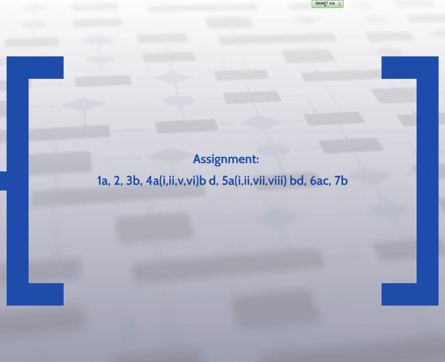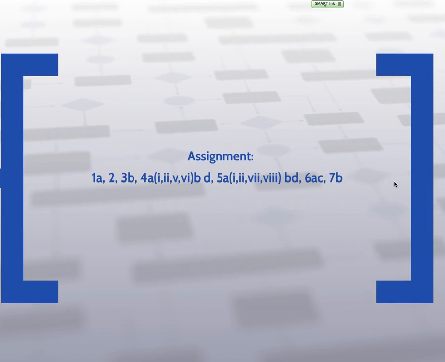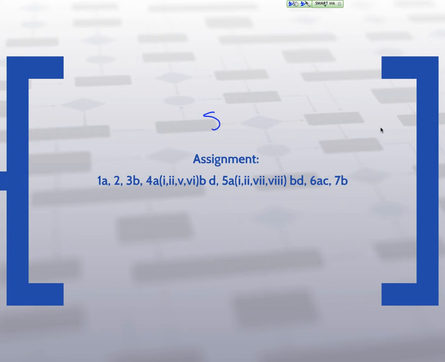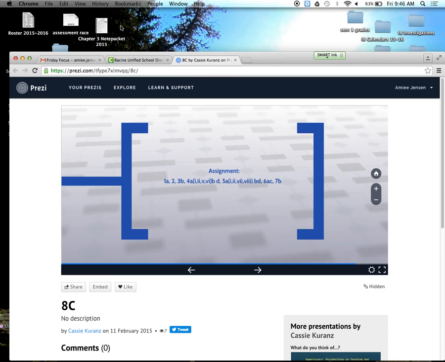Okay, I know this looks long. I wish I could just make things a little bit bigger, but it doesn't work that way. So keep in mind, for 4A, you don't have to do all the parts, just those parts, but you do have to do 4B and 4D. 5A is kind of the same. You only have to do those parts, but you do have to do 5B and 5D as well. Now, if you look